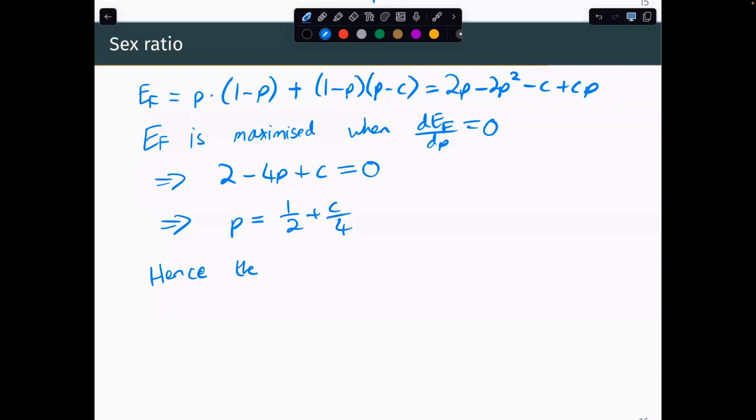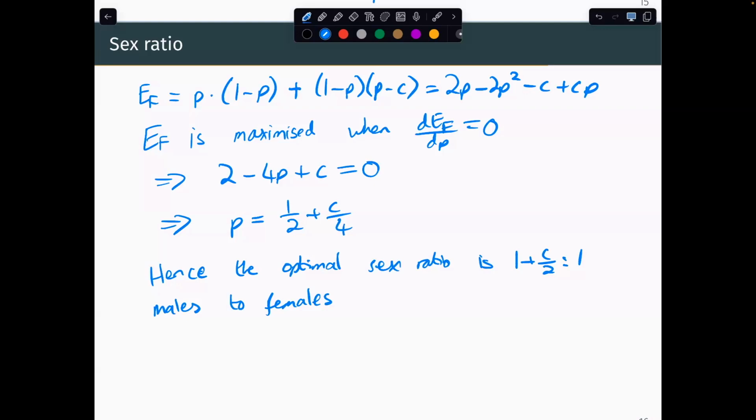So hence, the optimal sex ratio is 1 plus c over 2 to 1 males to females. Remember, p was our frequency of males. So we see when there's no additional cost of investment to producing females, when c is equal to 0, we just go back to our 1-to-1 sex ratio. But if females in this case are more costly to produce, if c is greater than 0, then we end up increasing